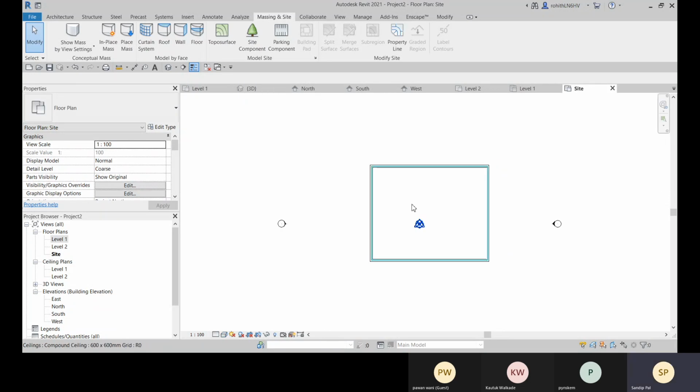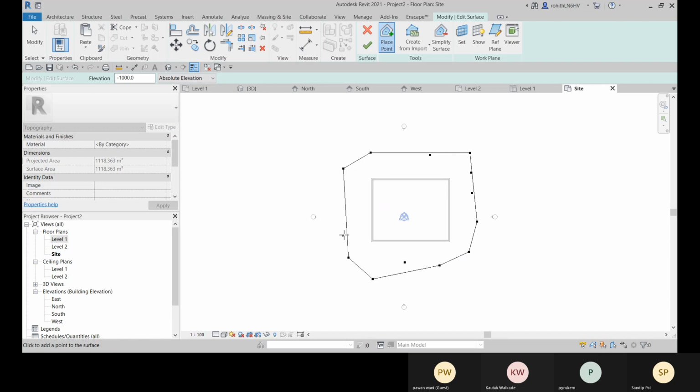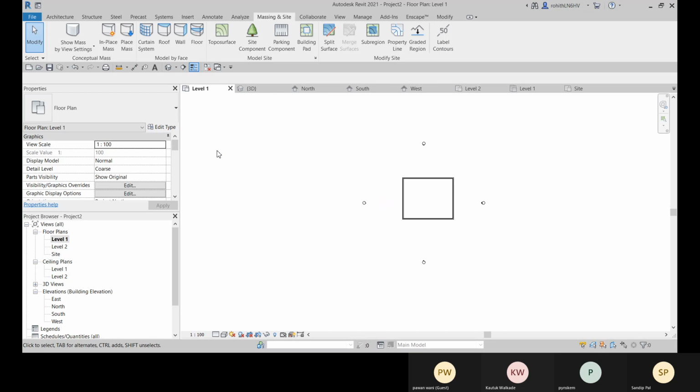Go to site and topo surface. Go for minus 1000. Let's go for finish. And now let me show you.